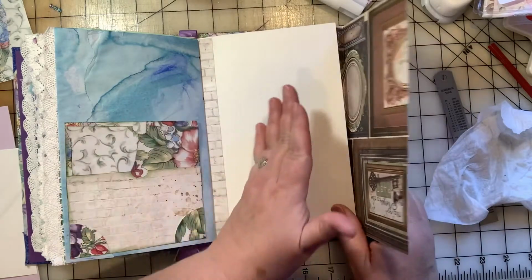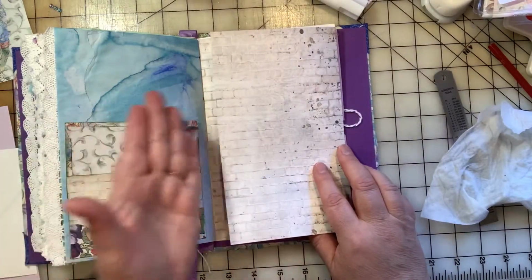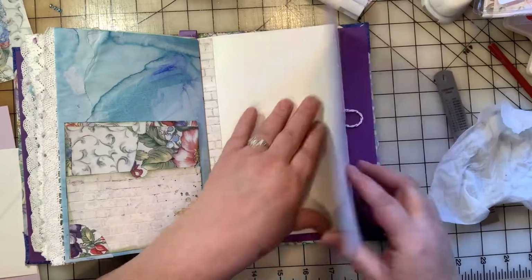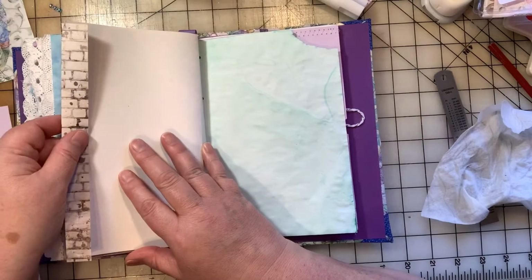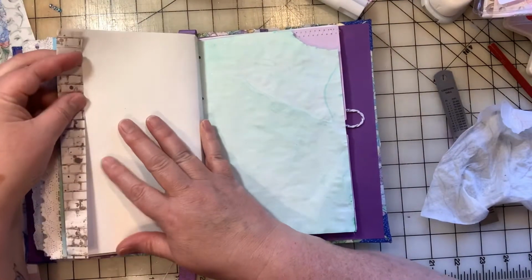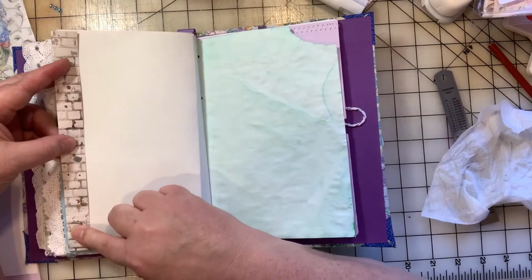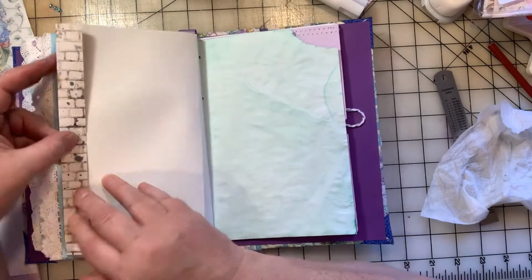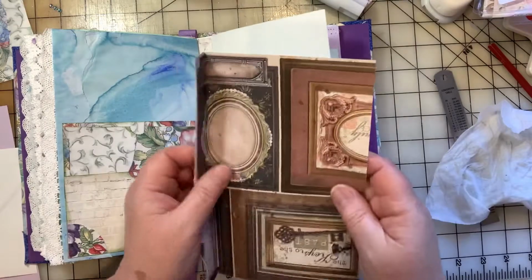I was going to do it the other way, flip it this way, but it's a continuation of what we have over here on the left-hand side. It hangs over the page just a little bit, and that's fine. I'll just glue that entire piece down. I'm not going to use that for anything except for border. But where I am now is,